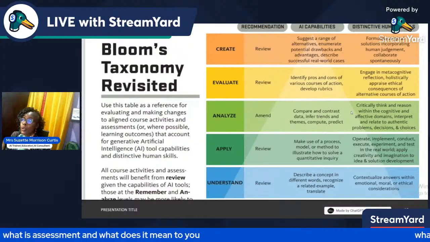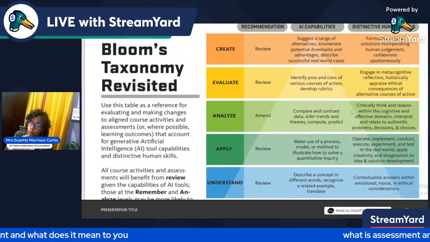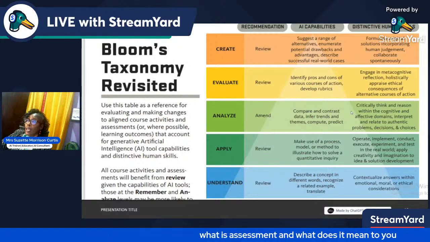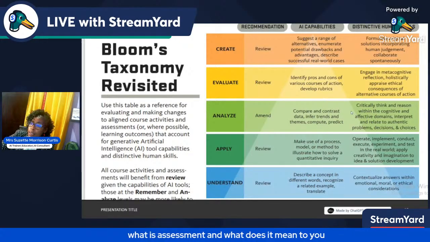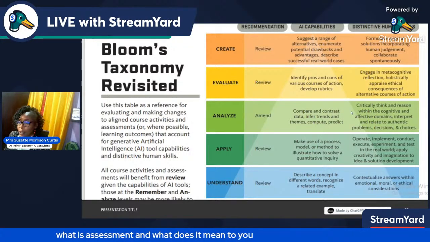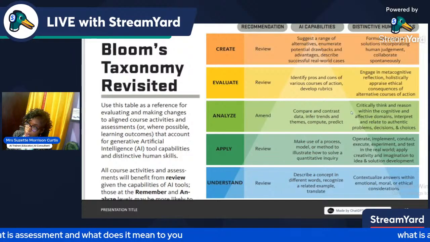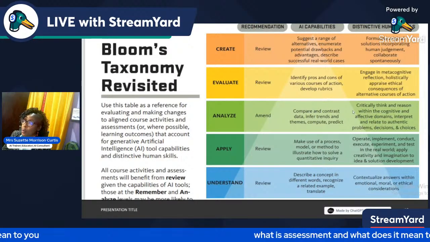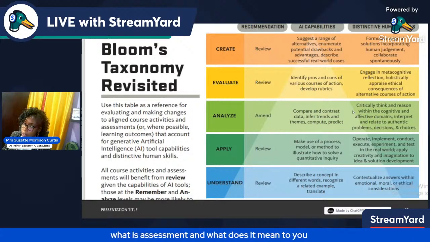So as we look at the more polished Bloom's taxonomy revisited, it looks at the different areas: understanding, applying, analyzing, evaluating, creating. And it shows you how AI capabilities are now vested in it.